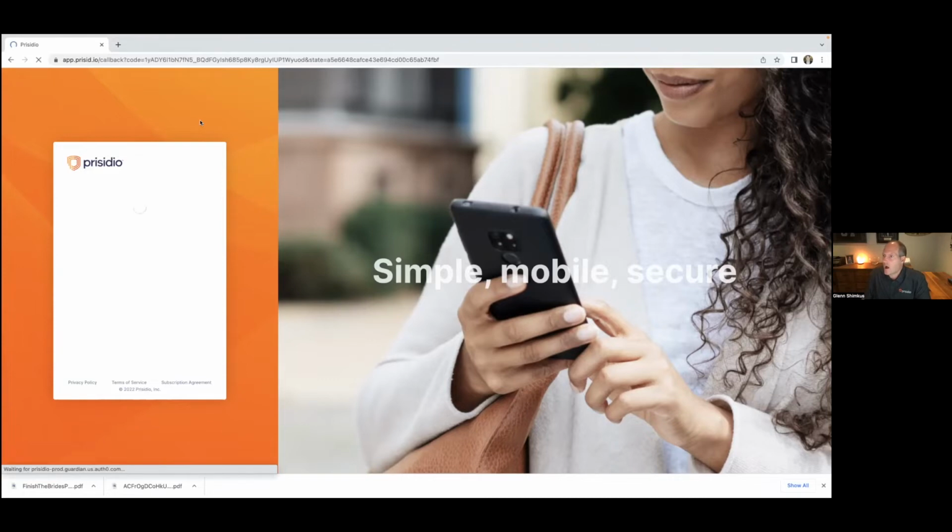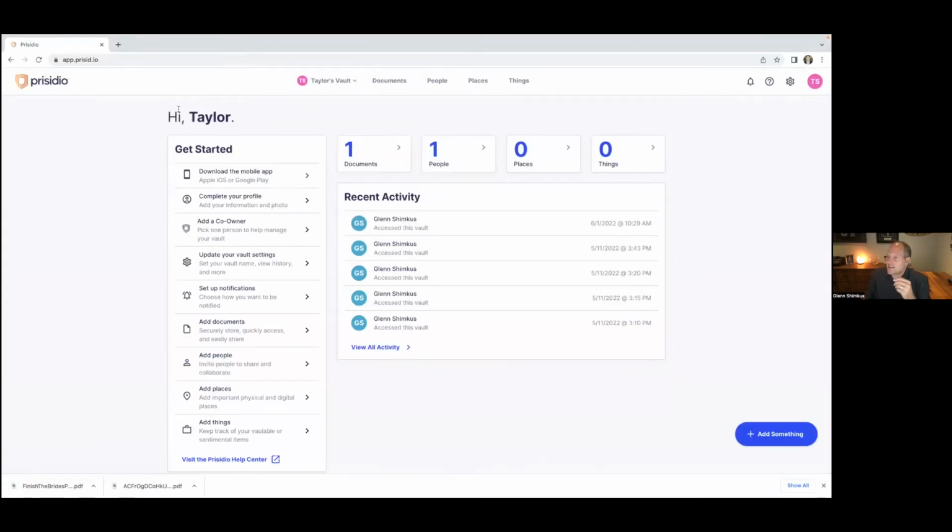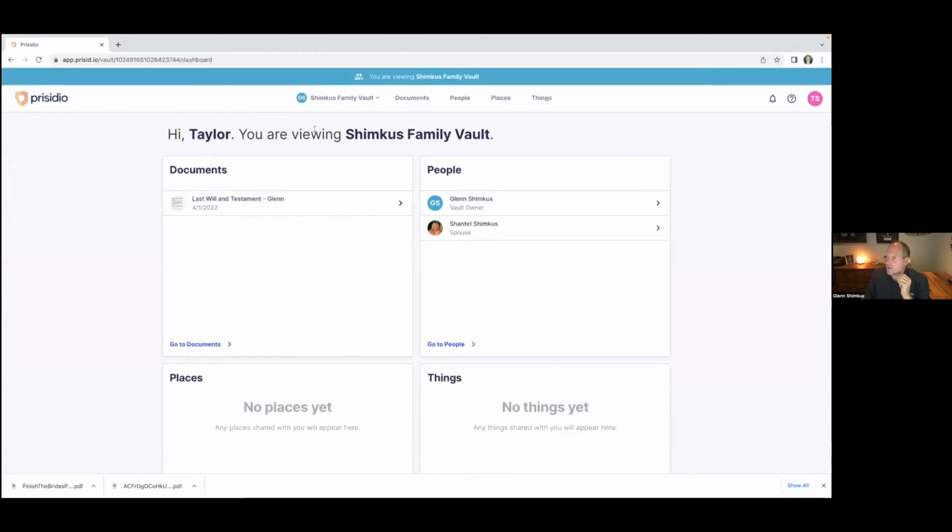And so now I am logged in to Prisidio as Taylor, right? It says, hi, Taylor. I'm in Taylor's vault. And what I'm going to do is switch over. So Taylor's logged in as herself. She's in her vault and she's going to switch from her vault into the Shimkus family vault, which is my vault. So I switch over and you'll now see she's got a different view,